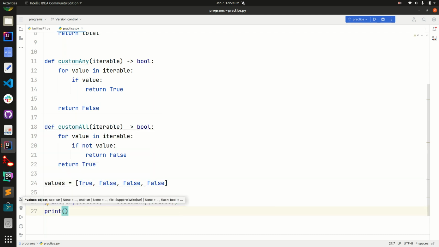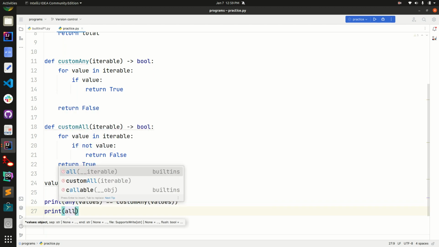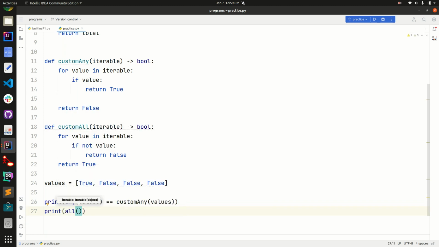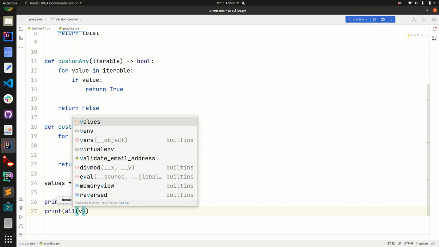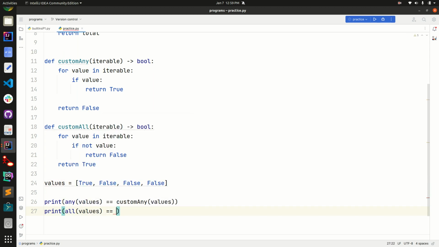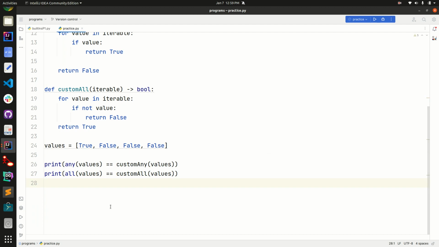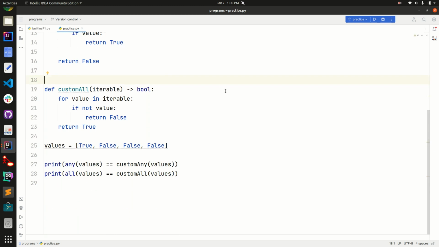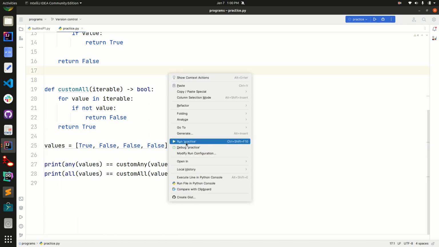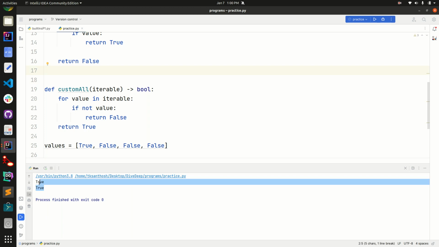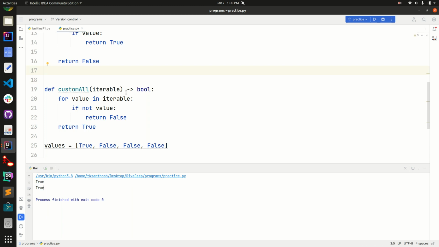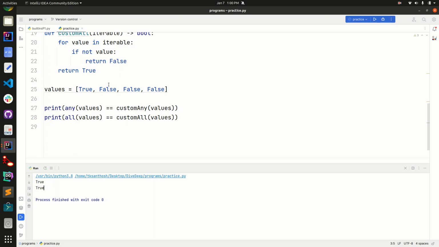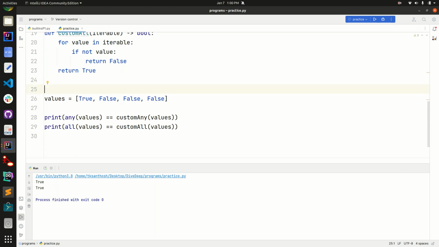We are checking the Python built-in functions against our custom functions. Then all of values equals custom all of values. It returns true for both if our function works fine, or else we have some bug. Yeah, we got both are true. Our functions work as expected.